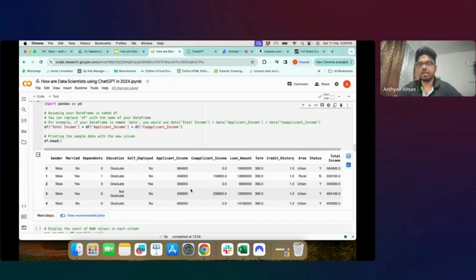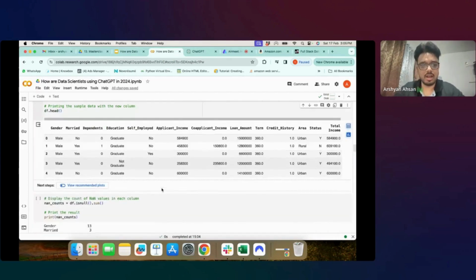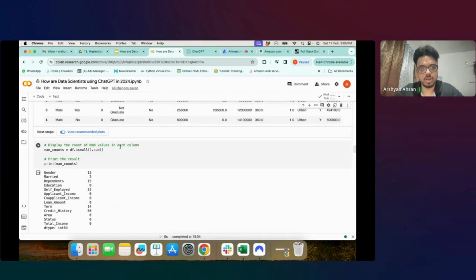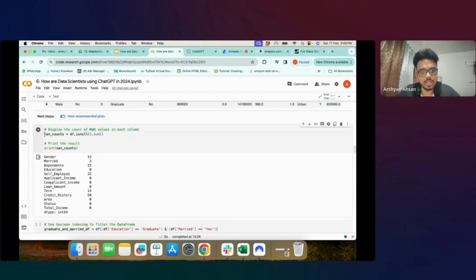So what I'm trying to do essentially over here is that even though I have no knowledge of EDA, exploratory data analysis, बट मैं चैट जीपीटी को कॉन्टेक्स्ट दे करके कि मेरा डेटा फ्रेम ऐसा है और मुझे ये काम करना है, इसका कोड बताओ, दूसरा ये काम करना है, इसका कोड बताओ, राइट। लेट्स अज्यूम दैट मुझे नैन वैल्यूज कैलकुलेट करने हैं, तो मैं ये बताऊंगा कि नैन वैल्यूज कैसे कैलकुलेट करने हैं और मुझे क्या चाहिए। तो चैट जीपीटी मुझे उसके लिए कोड रिटर्न करेगा, फिर मैं वो कोड यहाँ चला सकता हूँ और मुझे सारे नैन वैल्यूज मिल जाएंगे, राइट।